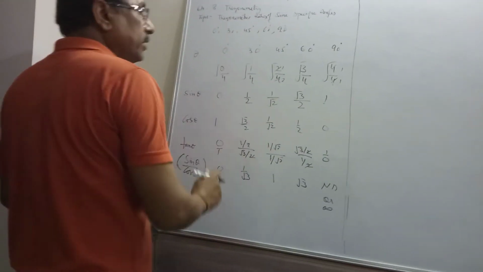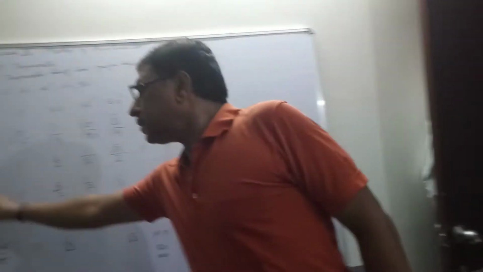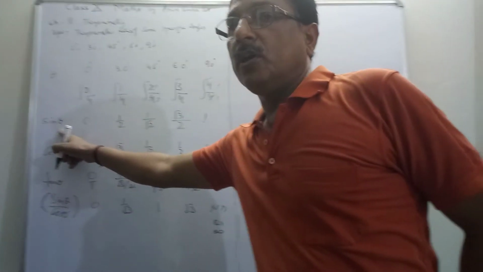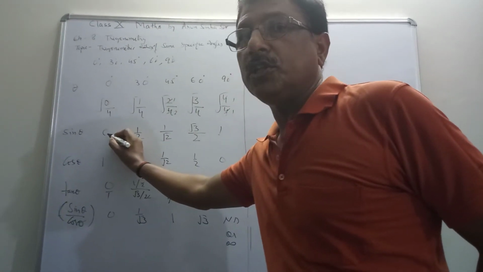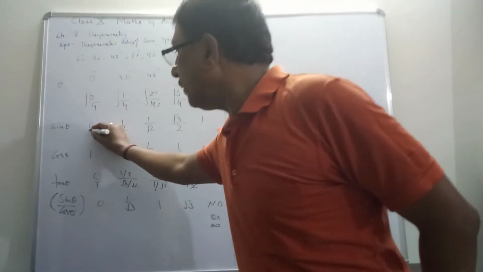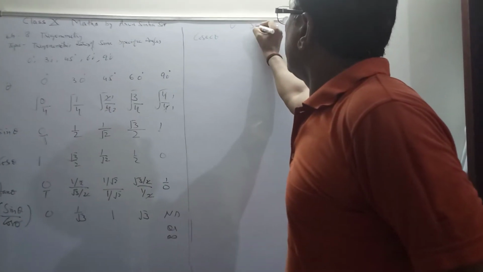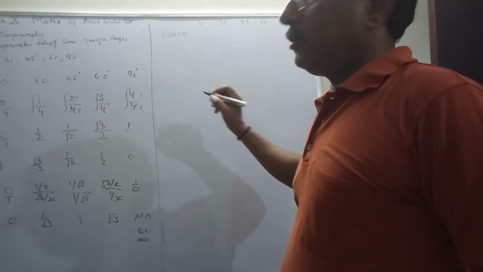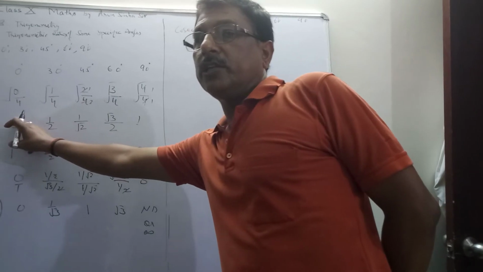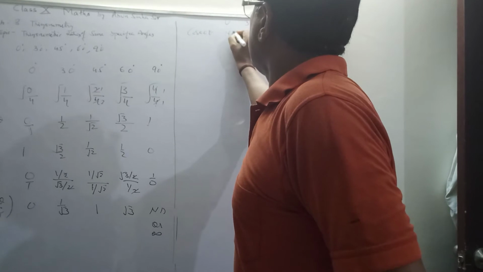Okay, so you can see next is cosec theta. Can you see, children? Cosec theta is just the reciprocal. If you reverse the value of sin theta, you will get the value of cosec theta. You can see 0 means 0 upon 1. Okay, so you will get cosec theta, what is it? You can see 0, 30, 45, 60 and 90. So just reciprocate it. What will you get, children? 0 by 1 means 1 by 0, that is, it will be termed as not defined.